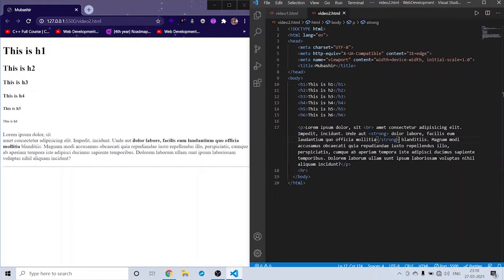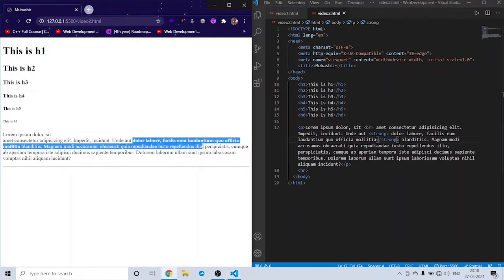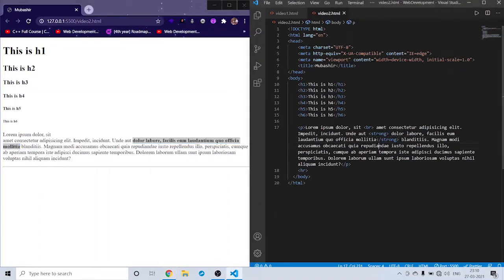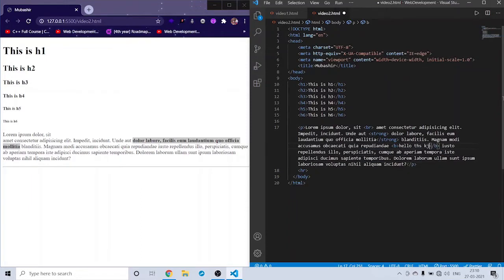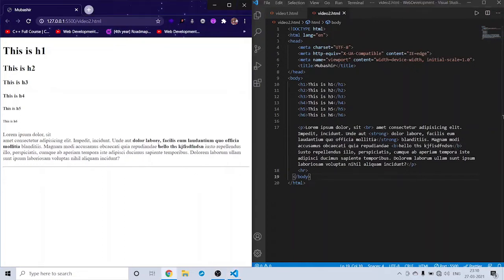And you see here this text became bold. Actually this is bold, but we have another option for this, which is the b tag. And if I give hello, this is anything, and save, this also became bold.